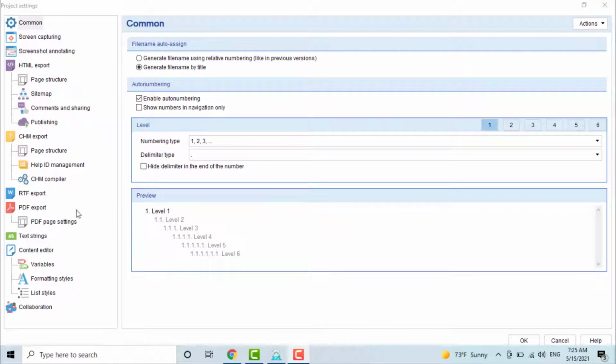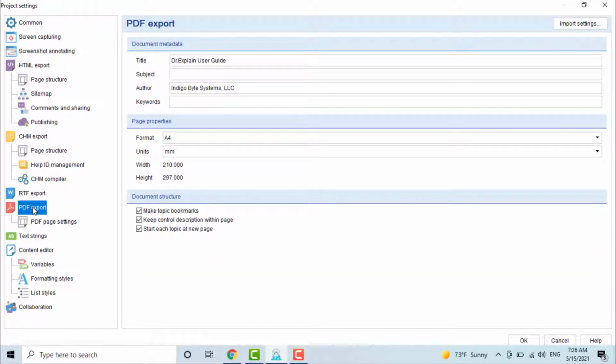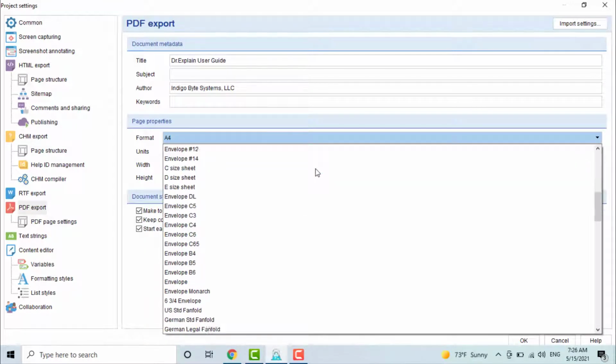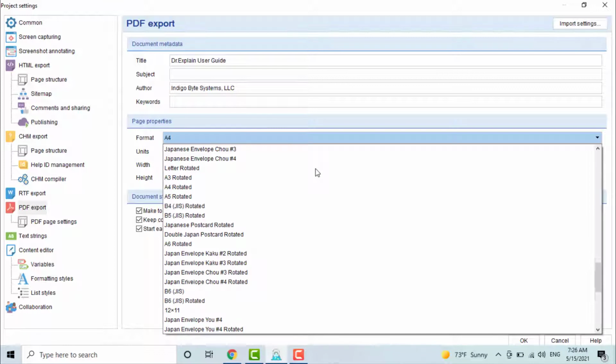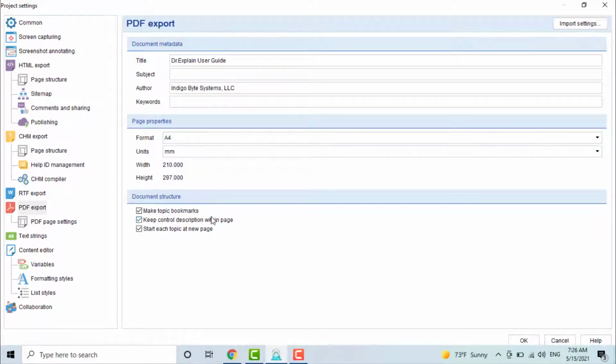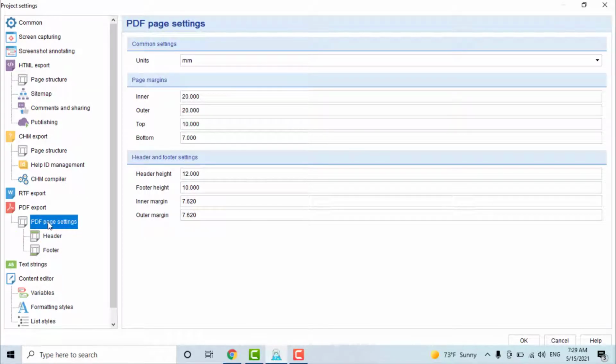You can configure the parameters of the PDF document in the project settings, in the PDF export section. In the general settings for PDF export, you should pay attention to the page format. The default topic bookmarking feature allows you to create a table of contents for your document, in the form of a project tree. To set the size of page margins, and headers and footers, go to the PDF export settings section. And to set the content of the header and footer, use the corresponding nested sections of the settings.